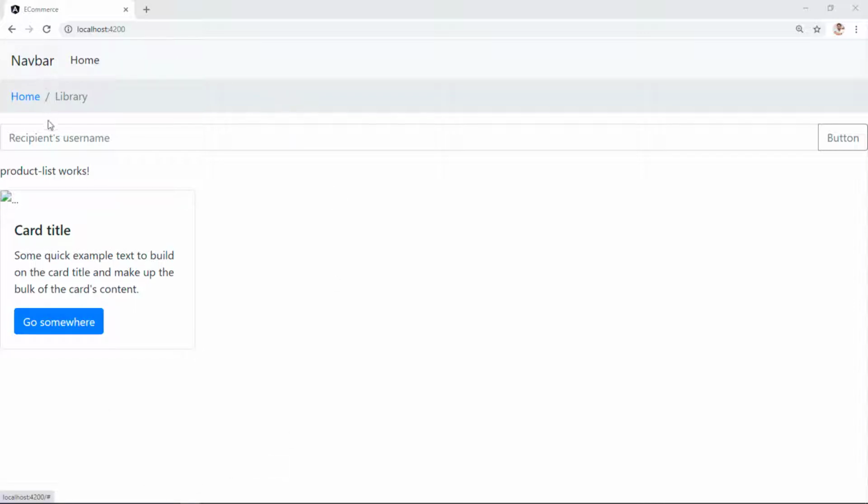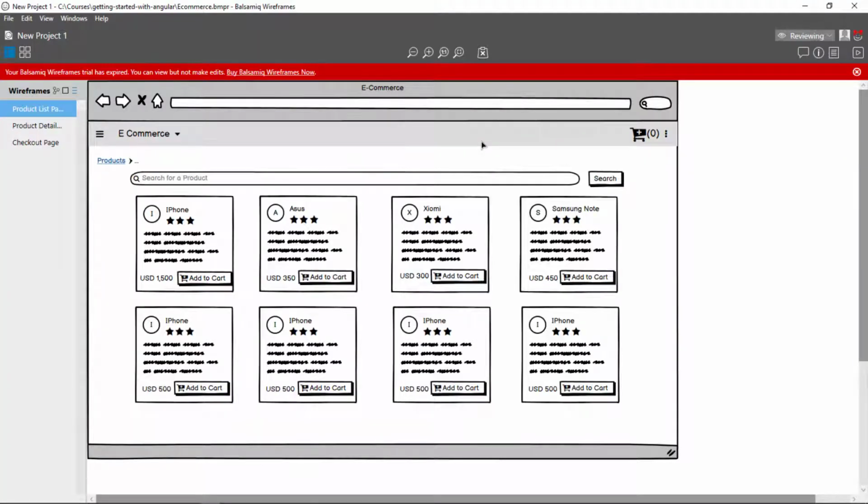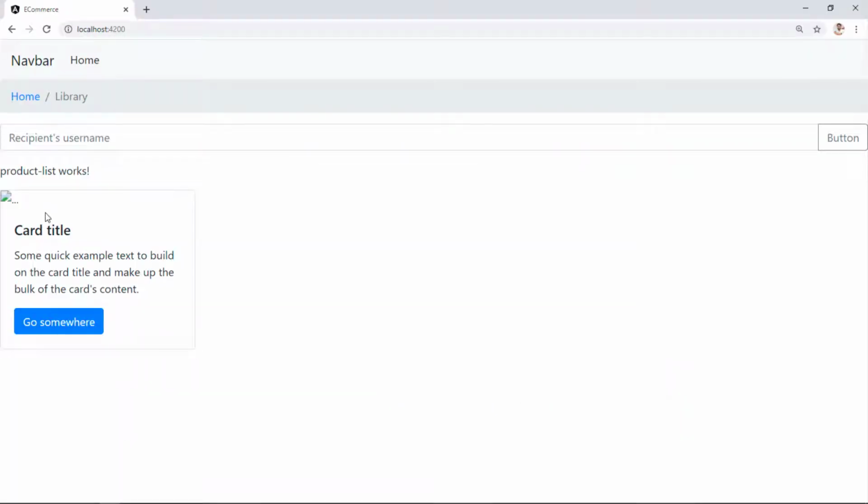It had a navbar and all the components with the card. Right now there is no image because we haven't kept any image in the card. If you compare the current application and the wireframe, you will see that we have to show the list of products. And if you look at the product card component, you will see that the content we are representing is hardcoded. So let's make this card dynamic. We are going to try to make it match the mockups.